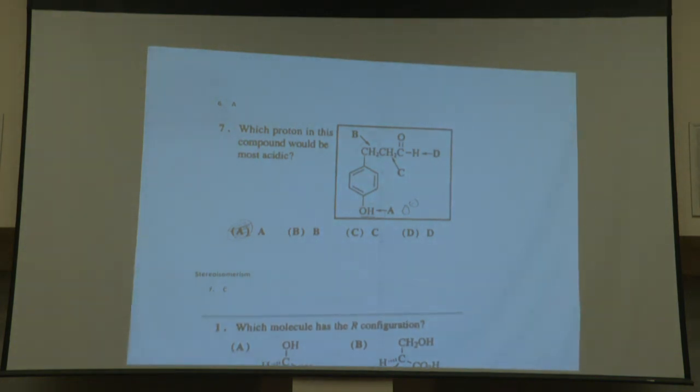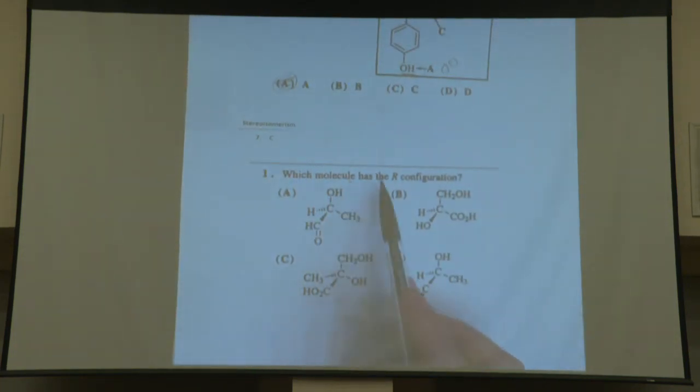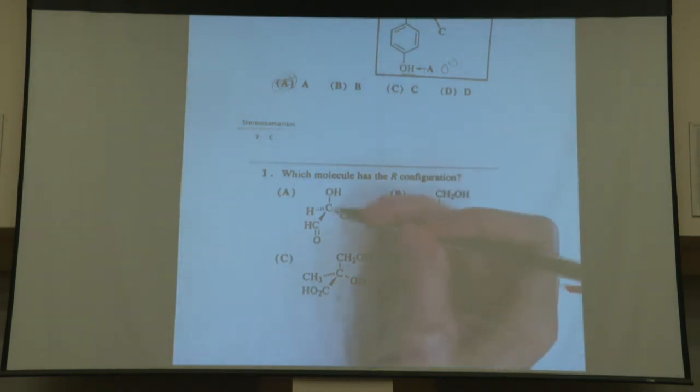Okay, cool. So we're moving on to stereoisomerism. This is again some Orgo 1 stuff, so we'll see. Okay, so which molecule has the R configuration? So is R clockwise or counterclockwise? Clockwise, right? It's the right way, is how I remember it. So we're looking for something that is clockwise. So we're just going to start at our chiral